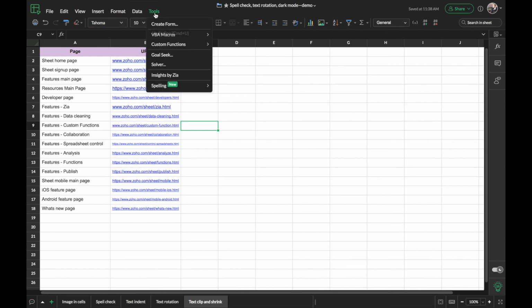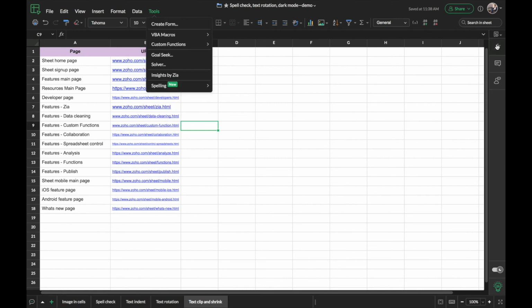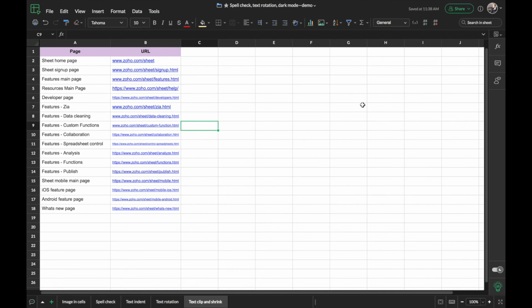You can also notice the menu has changed to dark mode and the side panel will also be shown in the dark mode. One thing you can notice is that we haven't altered the data that you have in the grid part. So if you have any formats or colors that you've applied within the grid, that will not be altered because of this night mode. This way you can work with more comfort when you're working with your spreadsheets at night.